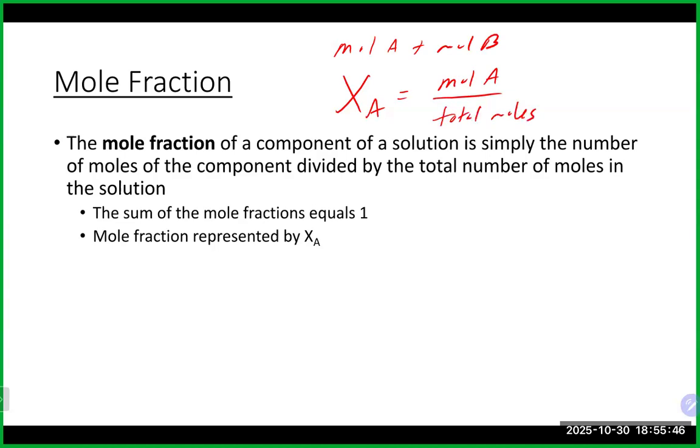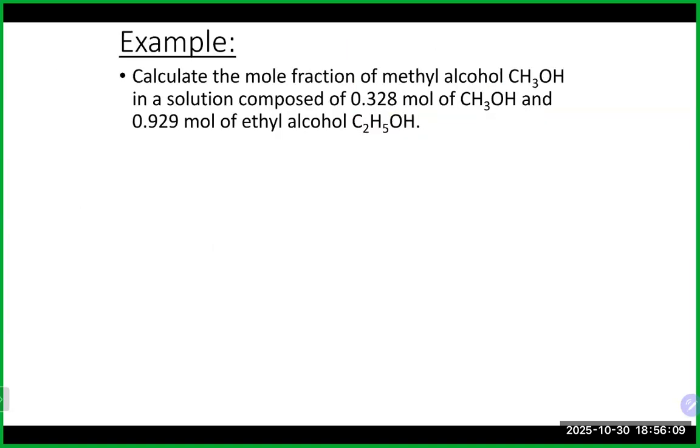It's a percentage without a percentage, so you don't times it by 100, so you get like a point something or a 1 for 100%, right? So it's basically just like a percentage, but without multiplying by 100 in this case. And it basically will tell you the percentage of moles you have of each of those substances that are present. So if we take a look at this example, calculate the mole fraction of methyl alcohol in a solution that has